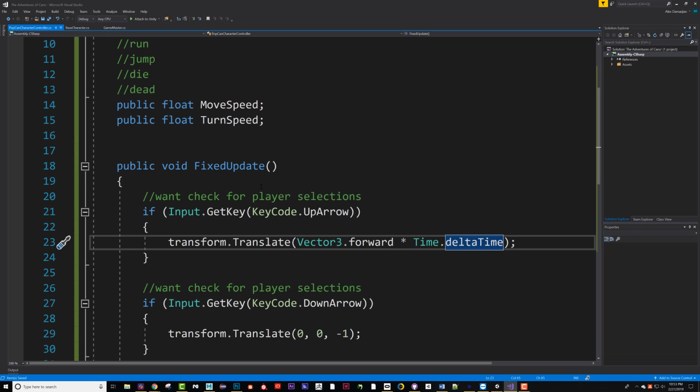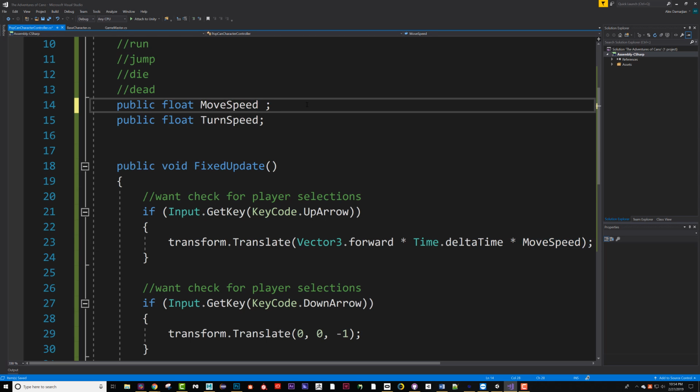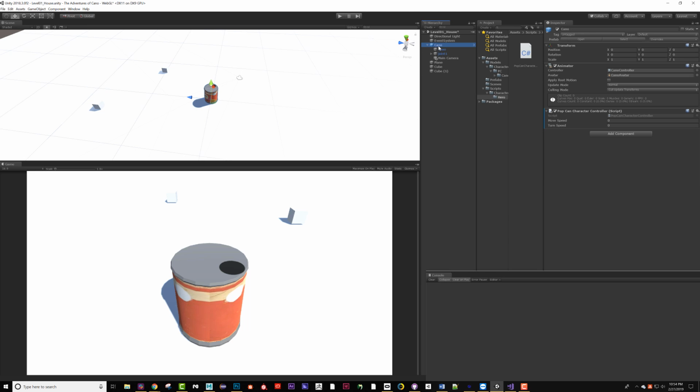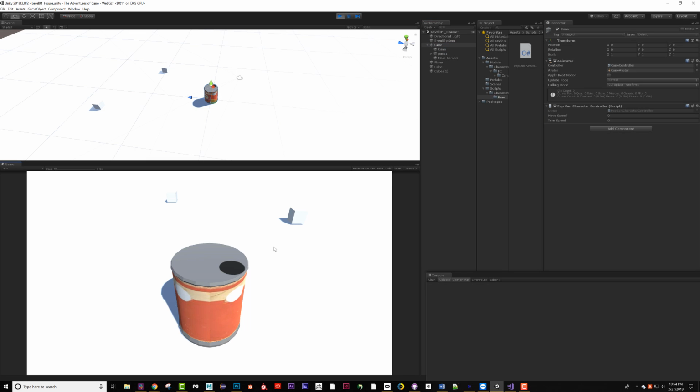So what we did is we've added this move speed variable here. So I double click it, I copy it, and I'm going to multiply both of these by my move speed. Now you might be wondering, how do I adjust the move speed? Well, we can set it here to 1 and save it. And if we go back into our viewport and select our can model, you'll see we have our move speed here and our turn speed. So a neat little trick is, as I'm moving my character, he's not moving because it's 0. So if I add a 5 here,